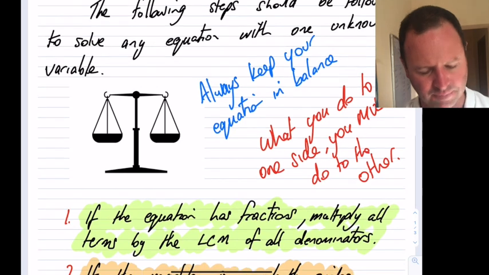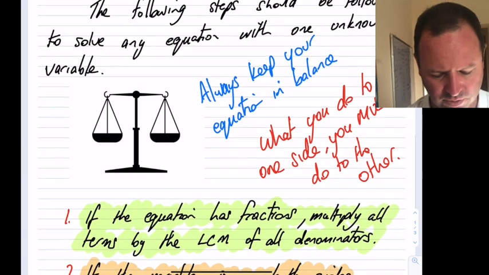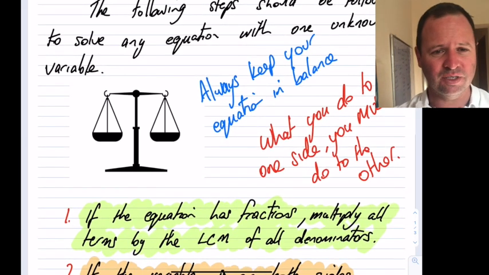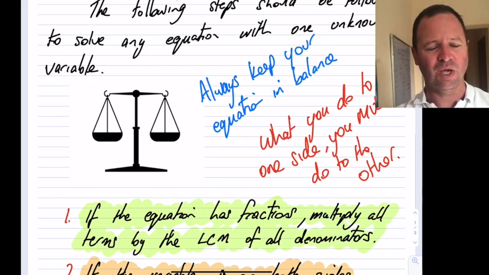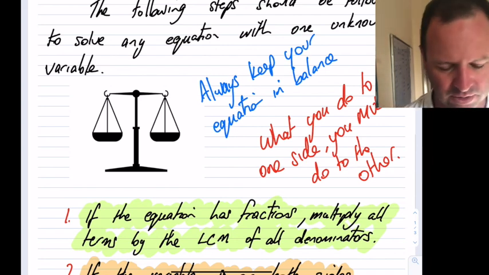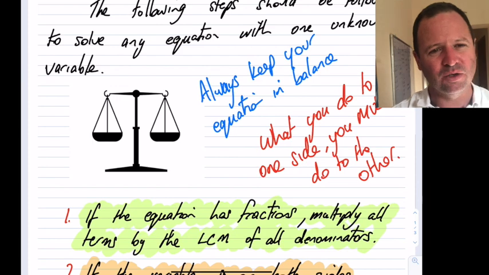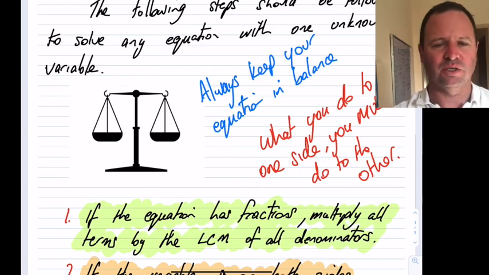I think there's 6 steps that need to be followed every single time. Just to keep that in mind, think of an equation like a set of scales, and they need to be balanced. If you add something to this side, you need to add to that side, otherwise they're going to be imbalanced. So it's very important that you do that. In your head, you're going, if I do this to one side, I have to do it to the